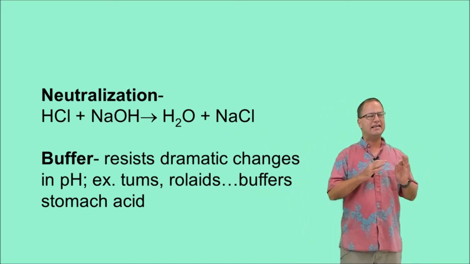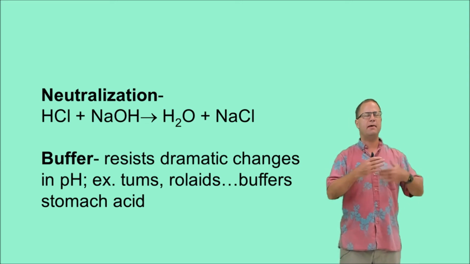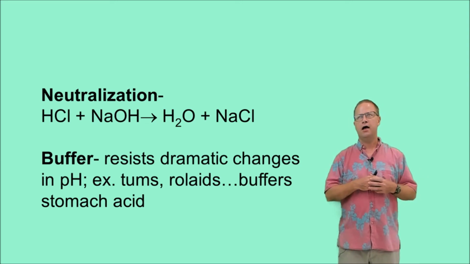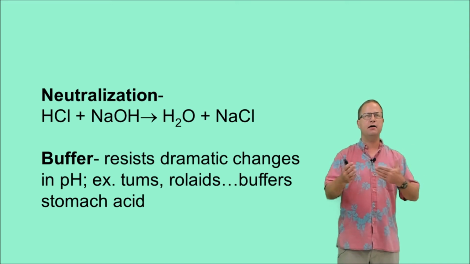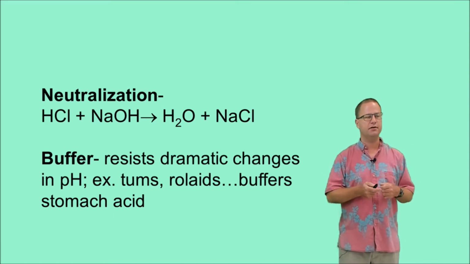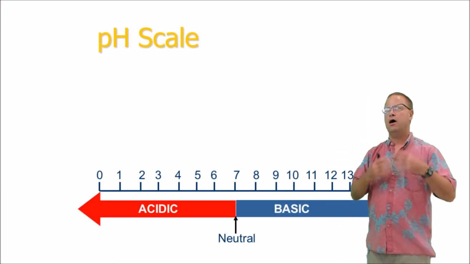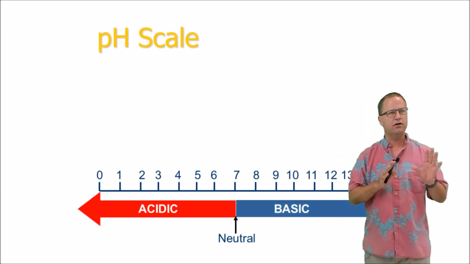A buffer is anything that can help reduce dramatic changes in pH of a solution. For example, bicarbonate is a buffer that we have inside of our bloodstream that helps prevent any major shifts in pH of the blood. Okay, we're going to wrap up this lecture by talking a little bit about the pH